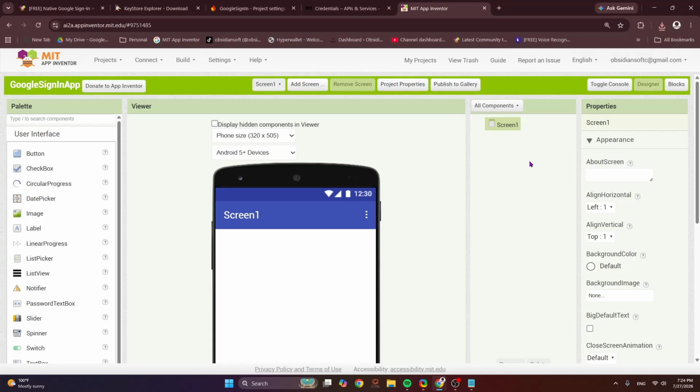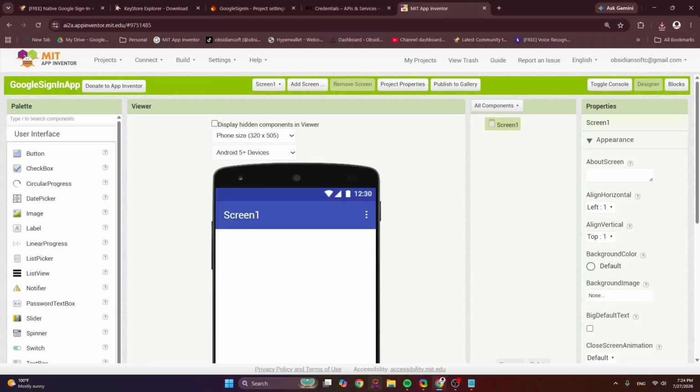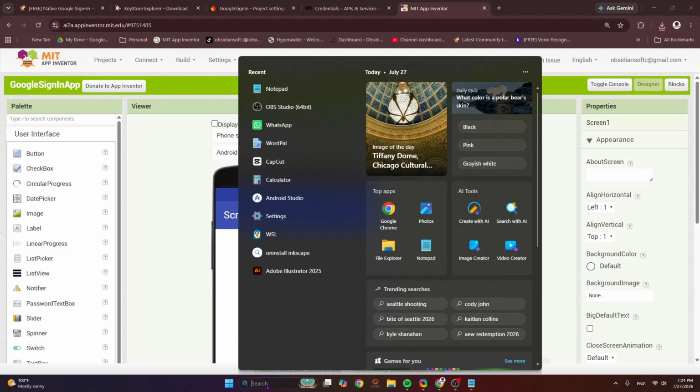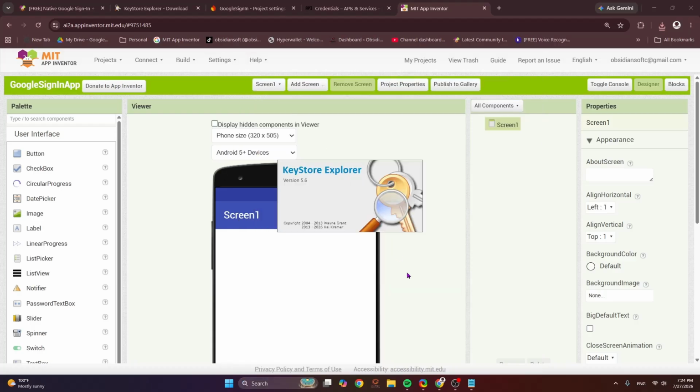We need to open this key store file to get a fingerprint of our MIT App Inventor app to connect it to our Firebase project, okay? So how can we do that? Remember, we downloaded a key store explorer file. So if I open up this app, key store explorer,